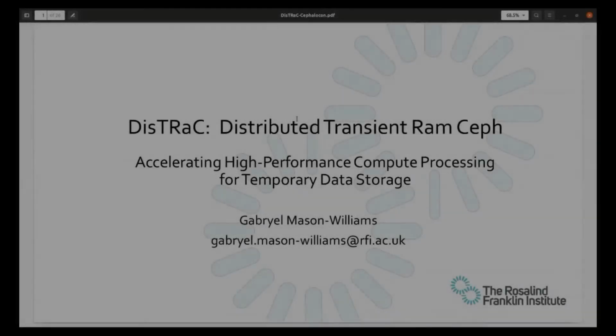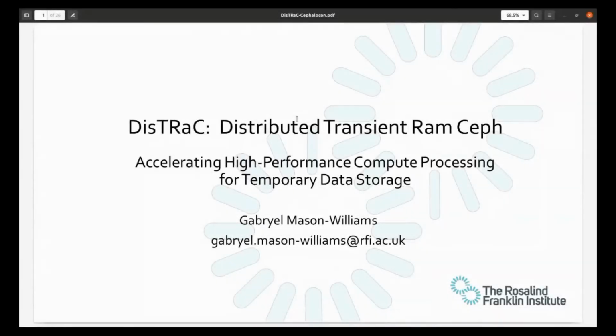So I'm Gabriel Mason-Williams, and today I'm going to be presenting DisTRaC, which is Distributed Transient RAM Ceph, for accelerating high-performance compute processing for temporary data storage. Before we get into that, I'm going to give a little bit of background about the Rosalind Franklin Institute and